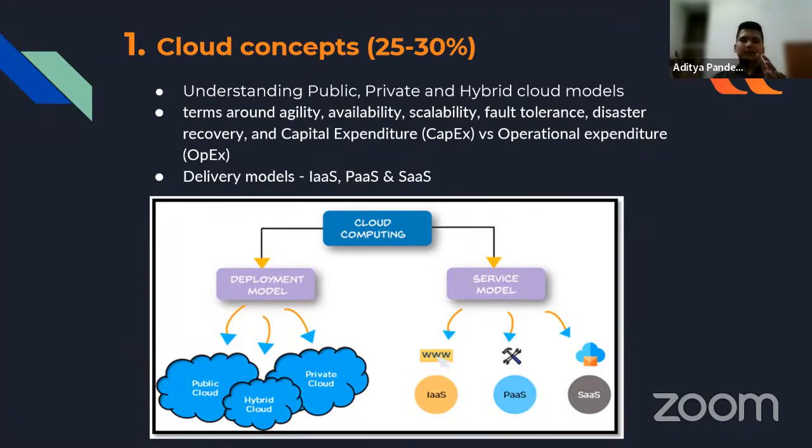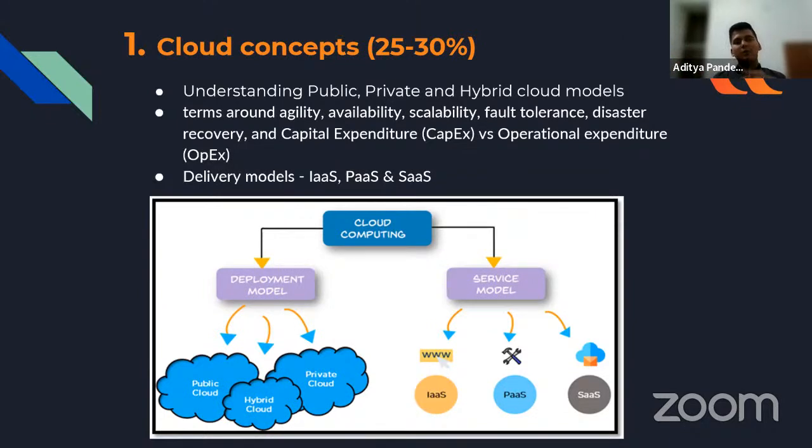See, if I talk about infrastructure as a service, let's take an example. Let's say I have a computer with 4 GB RAM, a 500 GB hard disk, and a very basic processor, let's say an i3 or Ryzen 3. Now I went to the market and bought a DVD of a game, and I want to play it on my PC, but I'm unable to run it because the configuration my PC has is very low. It is not compatible for that game to run.